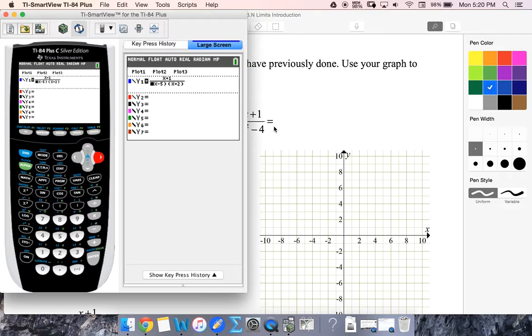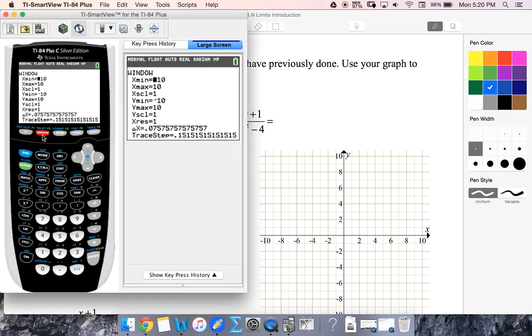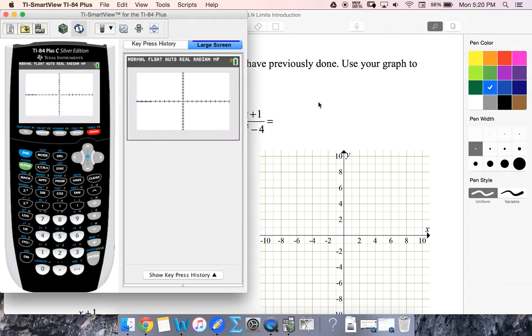And since I already have that x plus 2 down there, I'm just going to edit this to say x minus 2. I look like I've got a standard window here, negative 10 to 10, so I'm just going to check my window. My window also is negative 10 to 10 and negative 10 to 10, so I can graph. I know that I'll have asymptotes at x equals negative 2, x equals positive 2, and then it looks like I'm going,